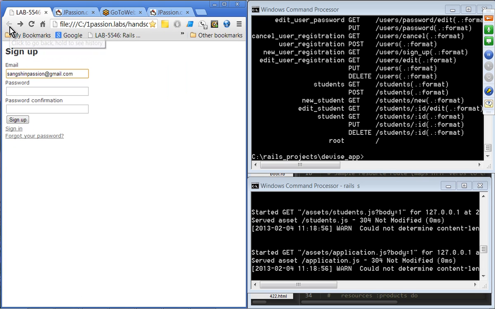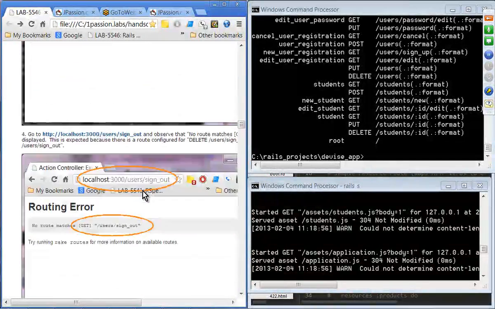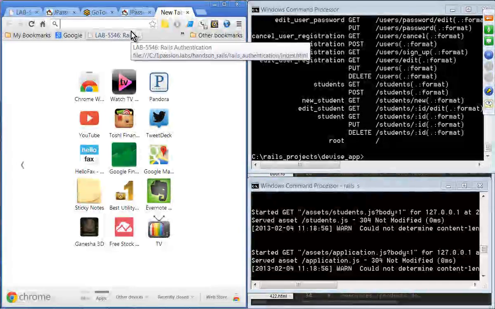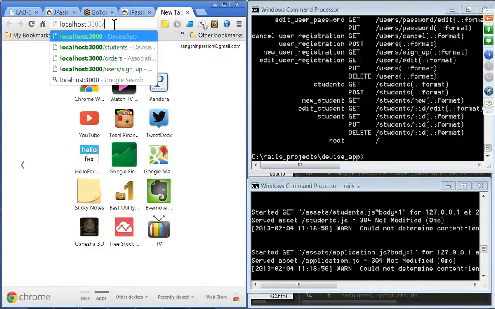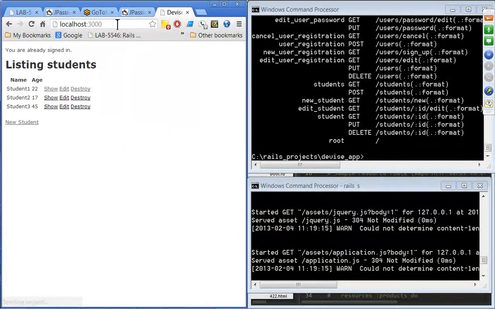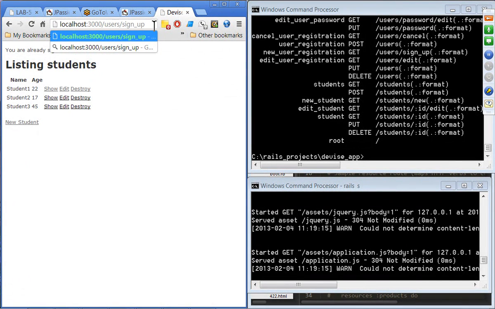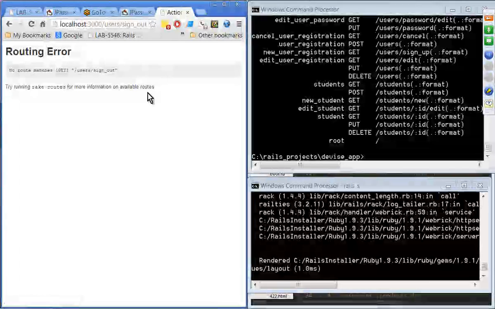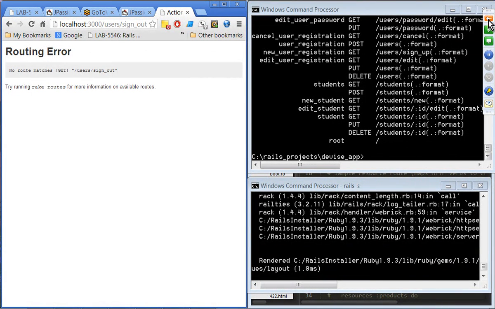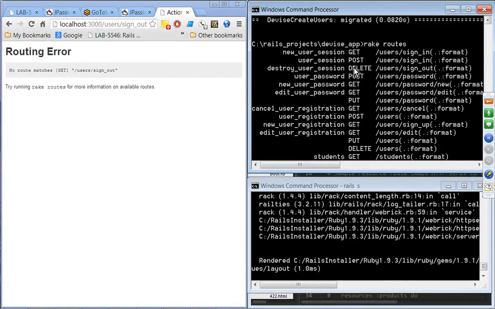All right, now that is what we just have done. Now, if you try users sign out, so I'm going to use the host, users sign up, and we are going to use users sign out. So you are going to see no route for this is available. Okay, so you might ask, why is that the case? The reason is sign out has to be an HTTP